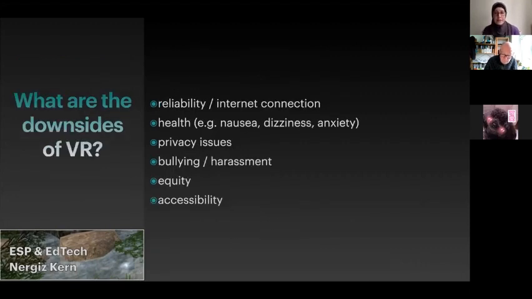So downsides, of course, we have downsides as well. You need a good internet connection for most of VR. There can be health issues. Some people feel dizzy when they're wearing the headset. And it has to do with the fact that if you're sitting in the physical world, but moving in the virtual world, your brain gets confused.